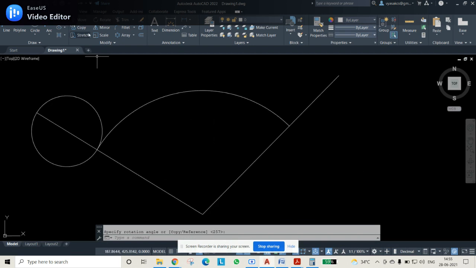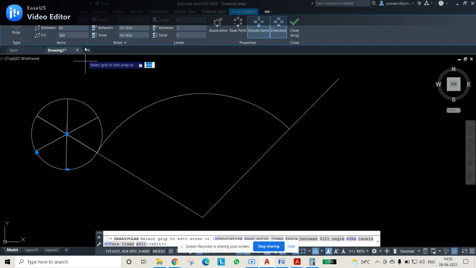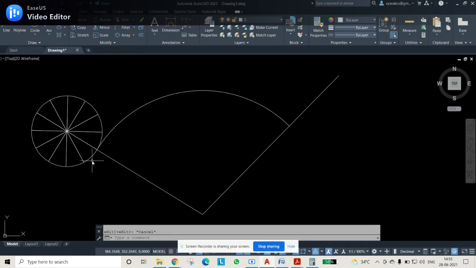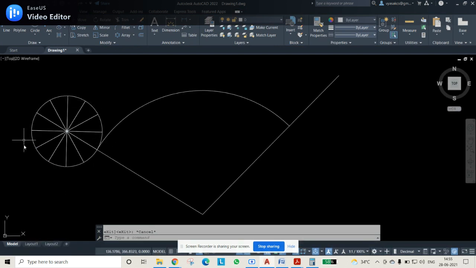After that, before selecting the circle command, you select this straight line and use polar array with this as center point, and use the number of items as 12. That means I am dividing the smaller circle into 12 equal parts, and come out of the command. And now along each point you give the names 1, 2, 3, 4, 5, 6, 7, 8, 9, 10, 11, 12. You will get 12 points. We'll start with 0, that is point P. Here is 0, 1, 2, 3.